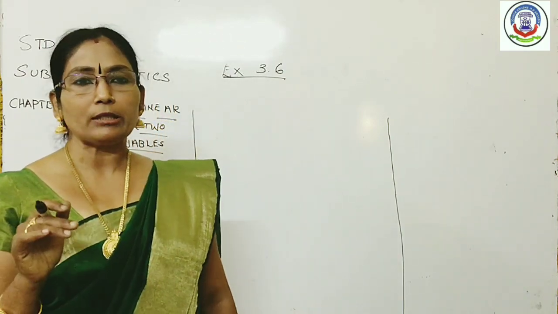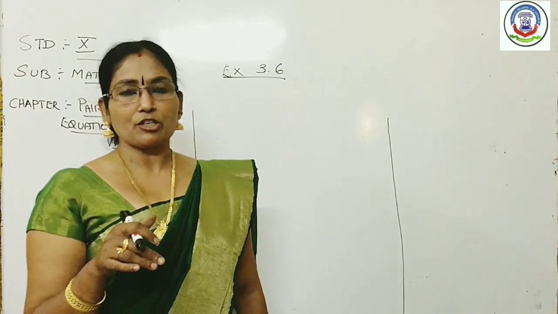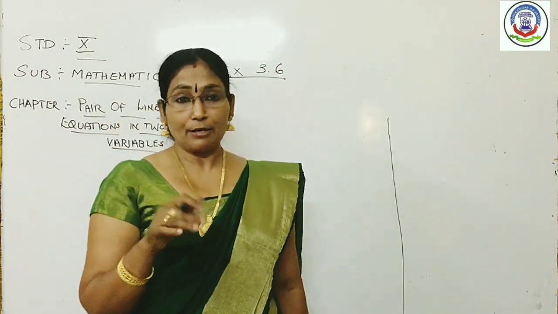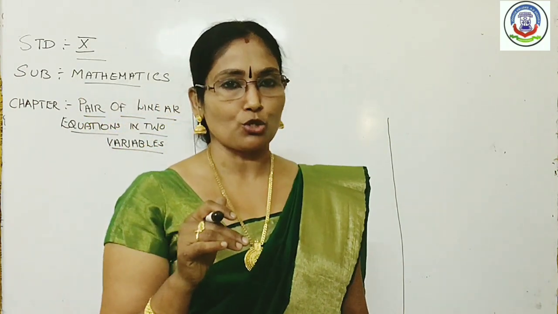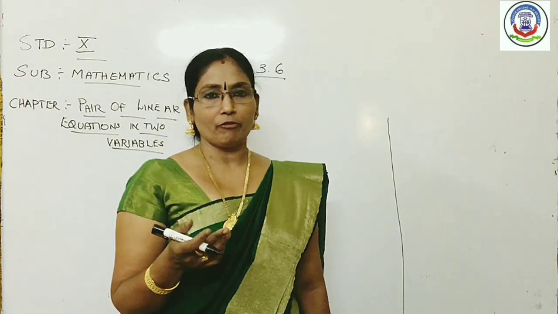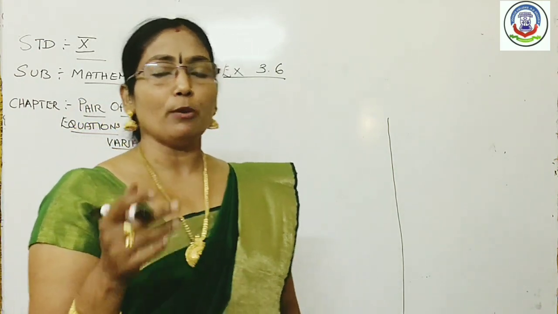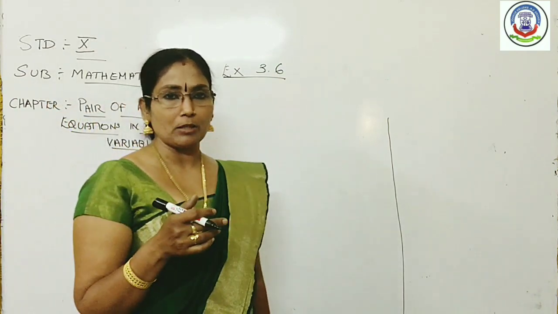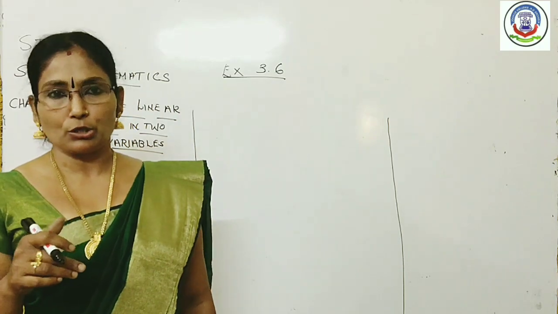but they are not in the linear equation form. You have to reduce them to linear equation form by making some suitable substitutions. So let us see some examples. That way, you will understand how to make this type of equation into a pair of linear equations in two variables, and how to find the solutions also.